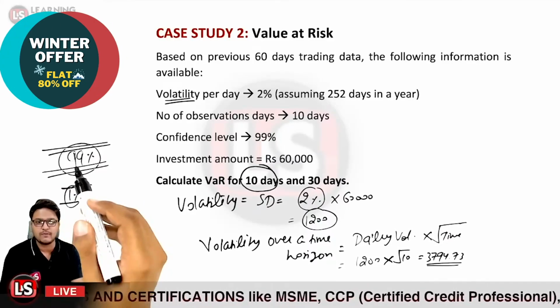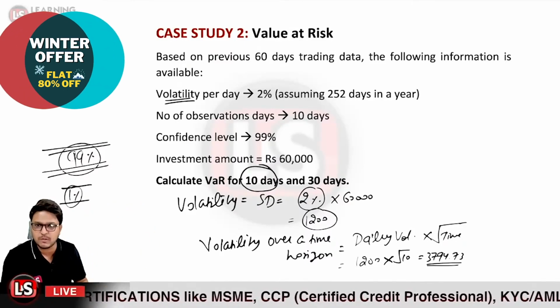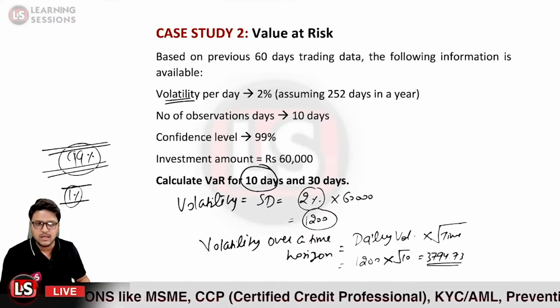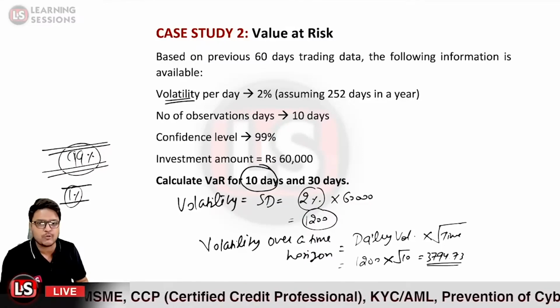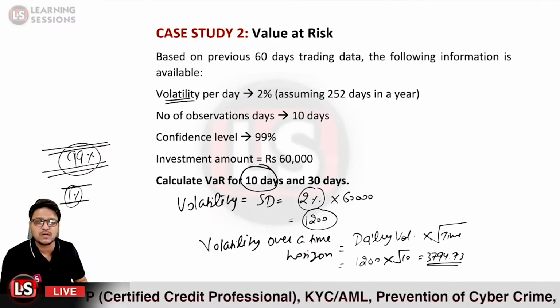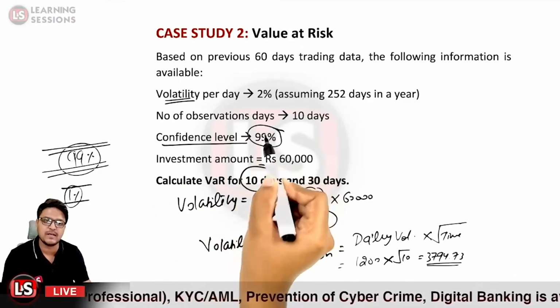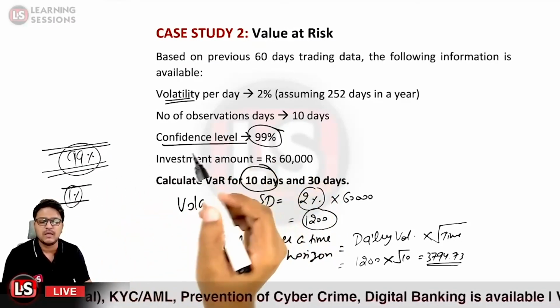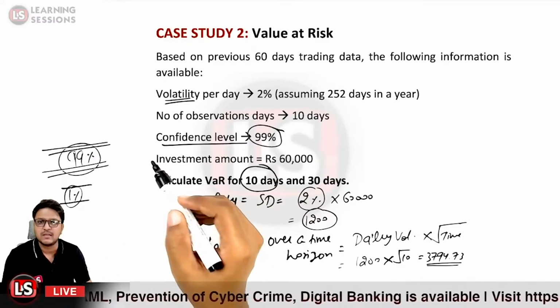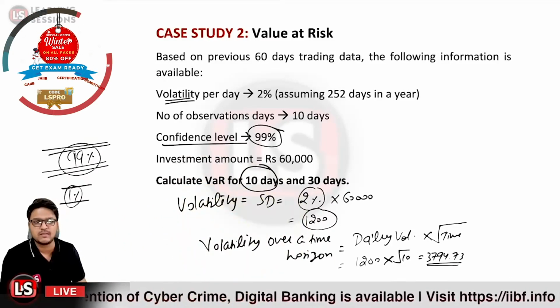We predict the value, and further we get the value at risk which will be affected over there. So that is a case related to that. In this particular case we are considering the confidence level to be 99%. For this confidence level of 99%, we will be looking at the Z table value.